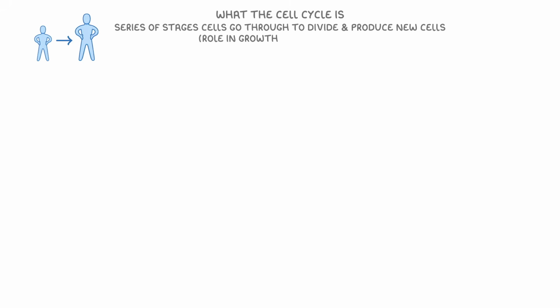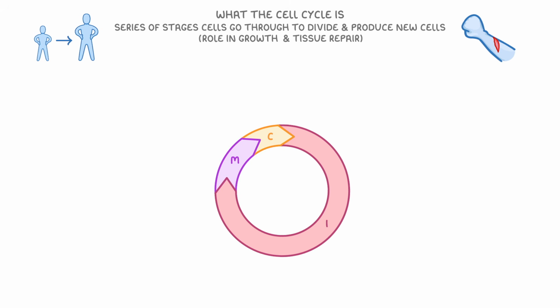Let's begin by going over what the cell cycle is. We use this term, cell cycle, to describe a series of stages that cells go through to divide and to produce new cells. So the cell cycle plays a crucial role in growth and tissue repair. Not every cell can divide, but those that do follow a specific sequence of events that comprises three main phases: